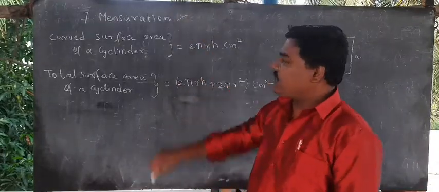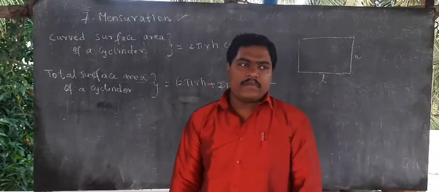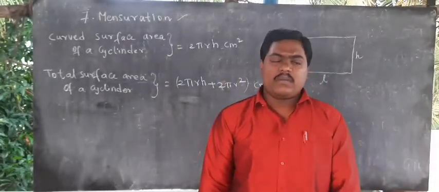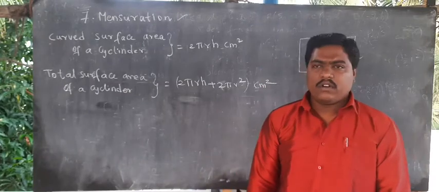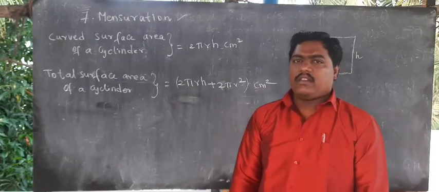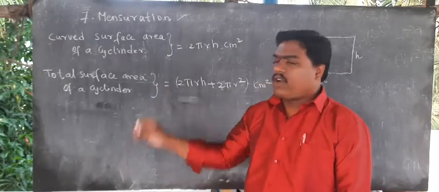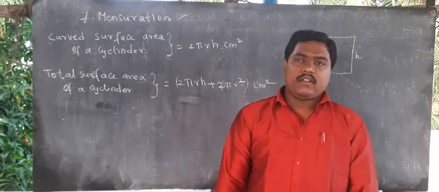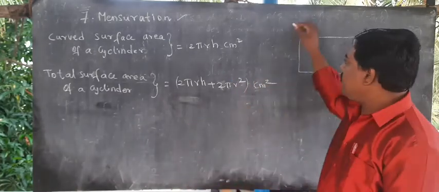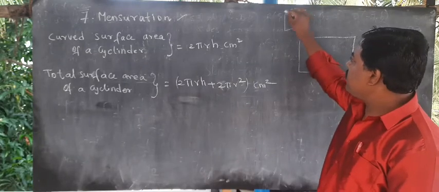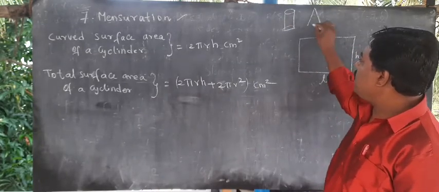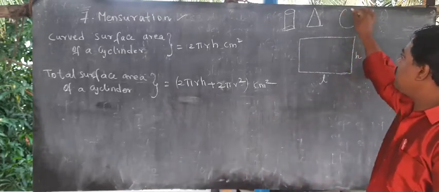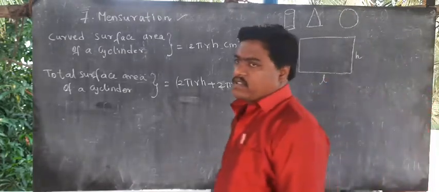So in mensuration we have so many formulas. What are the formulas? We are learning about the cylinder, cone, and then volume of the cylinder, volume of the cone, hollow, hemisphere, sphere. So the first heading is cylinder, and then cone, sphere. So we have three to four headings.